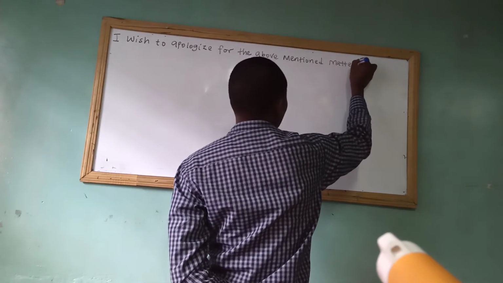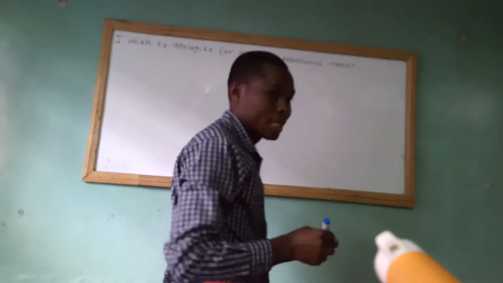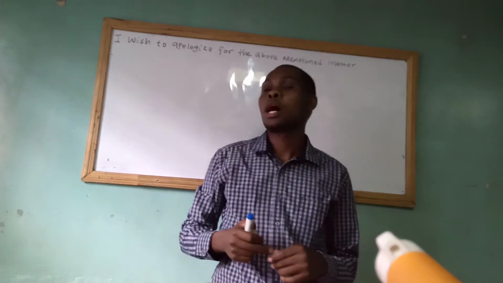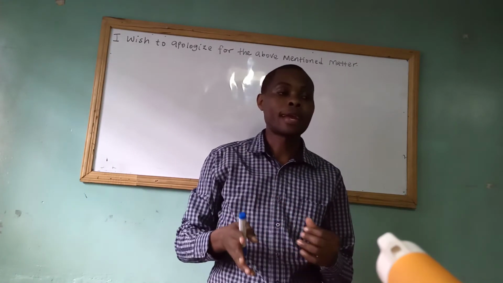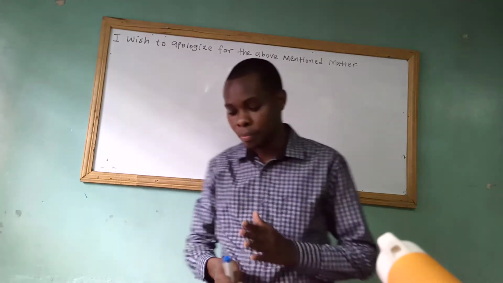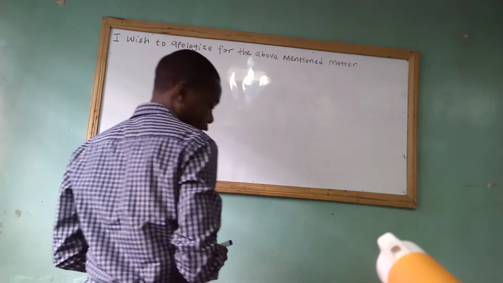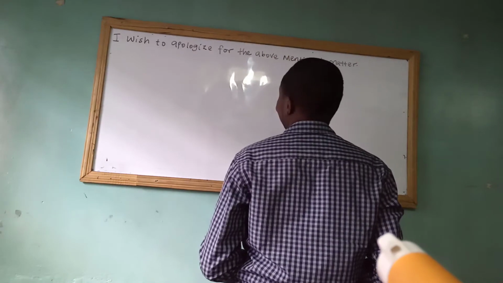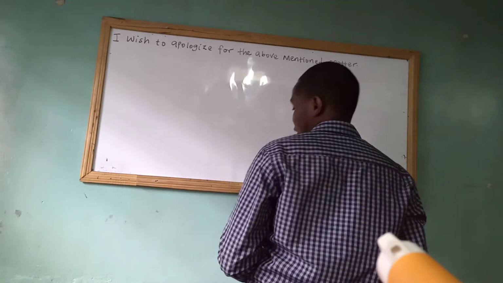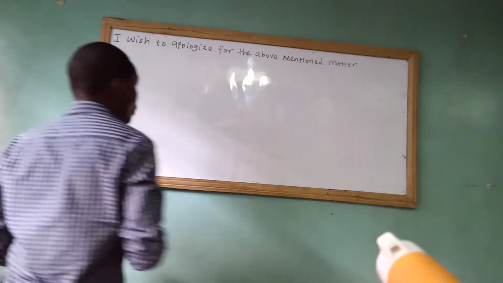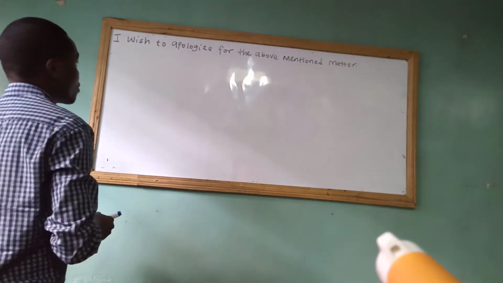So the mentioned matter is what you've written in your reference. Apology for breaking this and this and this. Okay, so I wish to apologize for the above mentioned matter. That's the first paragraph. Then in the second paragraph, skip a line and say,